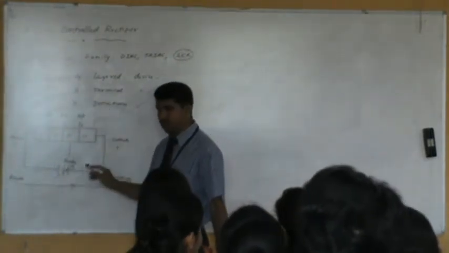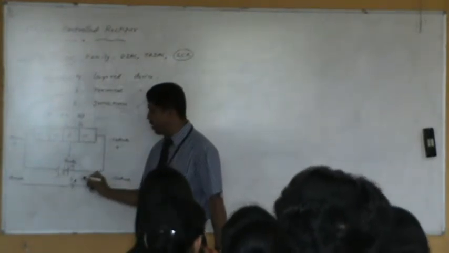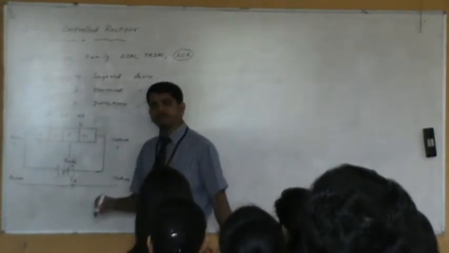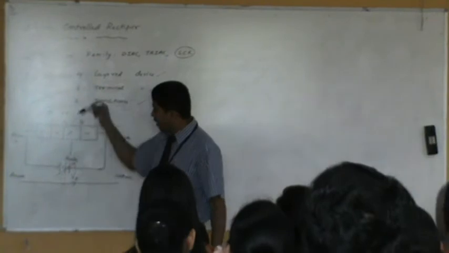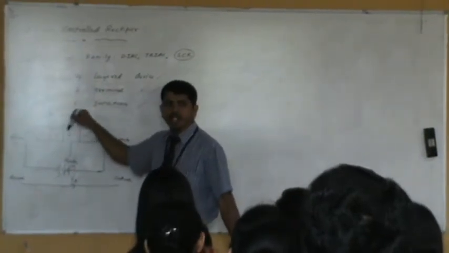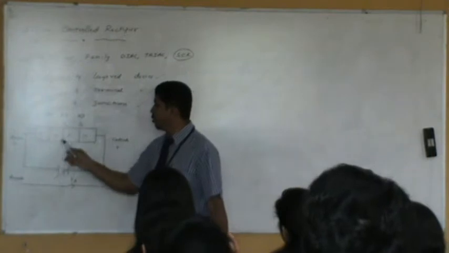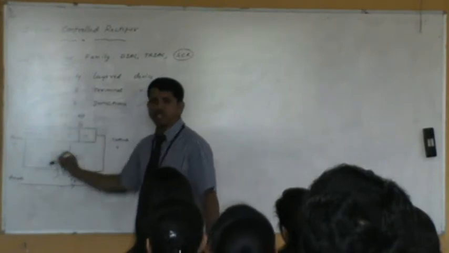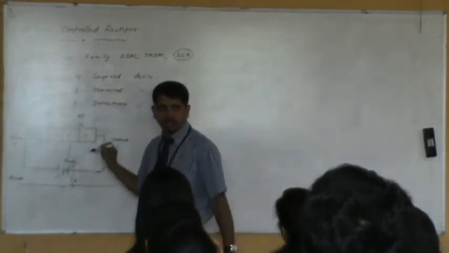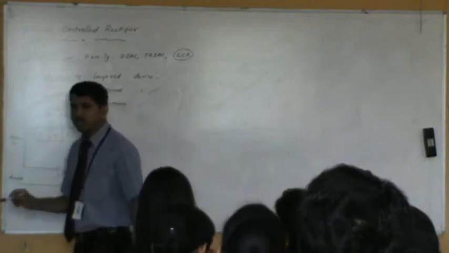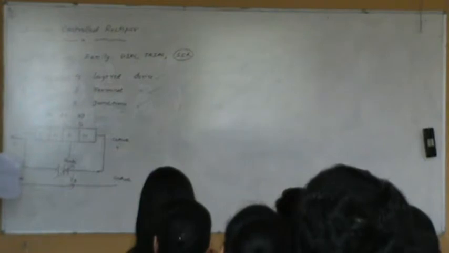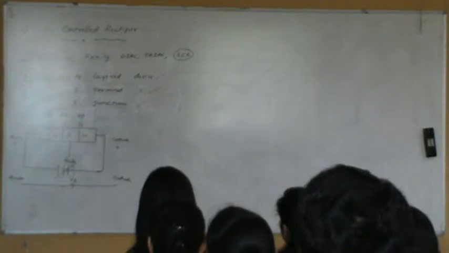If you apply a larger anode to cathode voltage, let me say this is VA, since J1 and J3 are reverse biased, these two junctions will break down, and the middle junction J2 is already forward biased. Large current will flow, because there will be no junctions after the breakdown occurs. This kind of situation is called reverse voltage application. This complete operation is called reverse operation, just like in a diode we consider forward operation and reverse bias operation. This is the reverse bias operation of the SCR, silicon controlled rectifier.